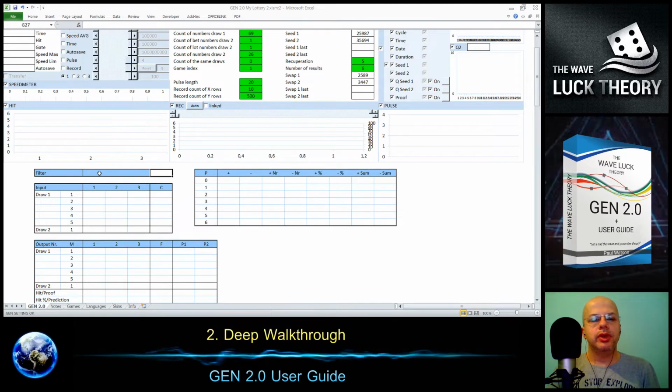And the filter setting is about how good results we want to pass through the generation, and we want to analyze them. And so if we put a number 3 for the first drawing day, then we have to get